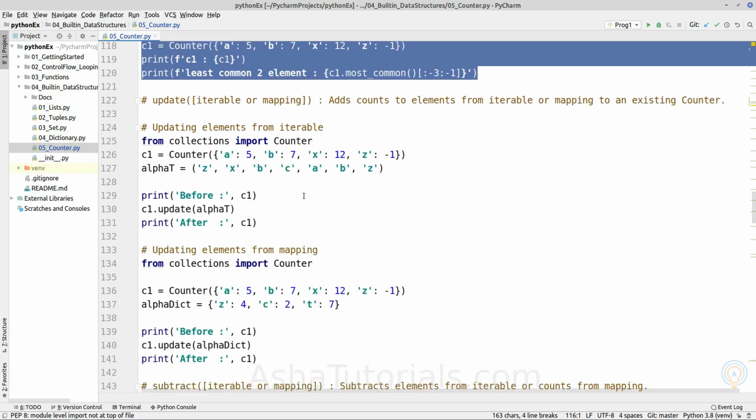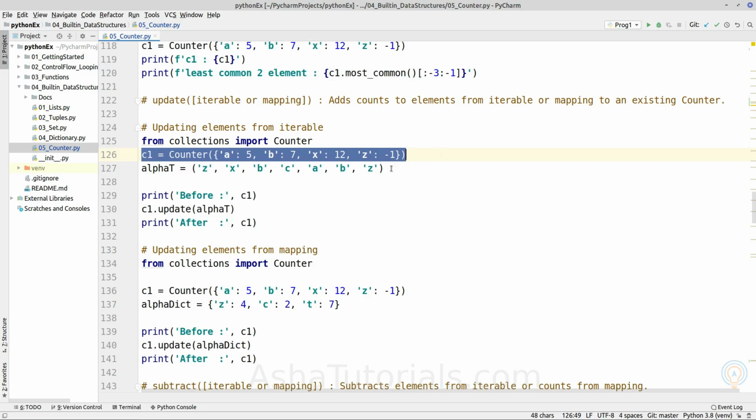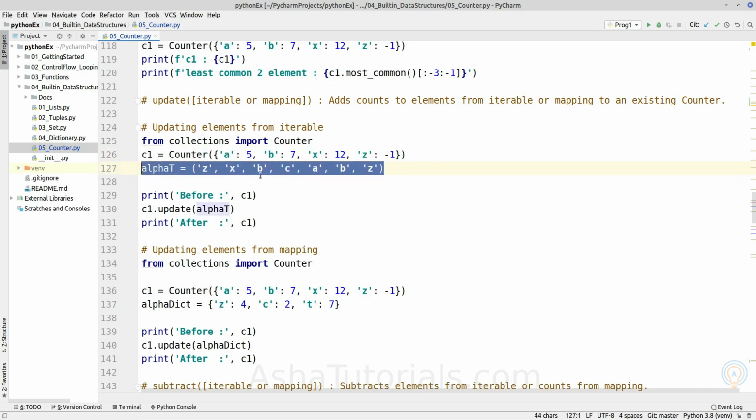The next method is update, which takes an iterable or mapping as an argument, and adds the counts of the given elements from the iterable or mapping to an existing counter object. So here we have a counter object and an iterable which is holding hashable objects. For an existing element it will add the number of occurrences, and for a non-existing element it will add a new element and assign a count beginning from 1.